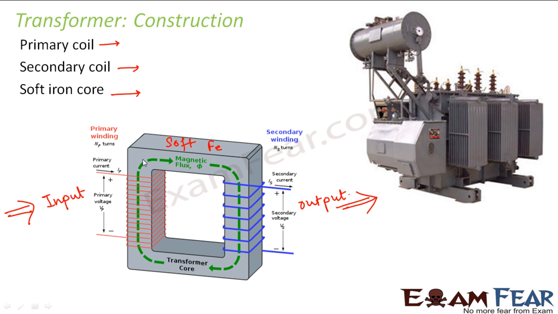Now the question is, the material which we have taken here, which we call the soft iron core. Why do we take a soft iron core here? I mean, I can take any other material, right? But why especially am I taking a soft iron core here? That's because in our previous lessons, when we talked about magnetic materials, we talked about the different properties of different materials. We talked about something called hysteresis.